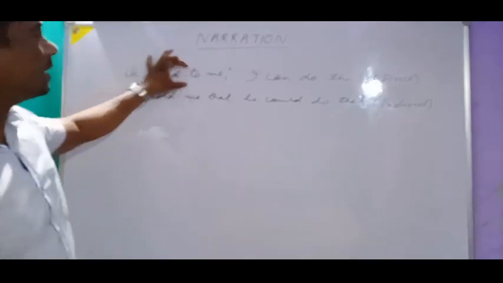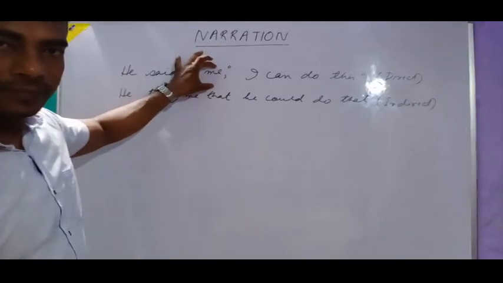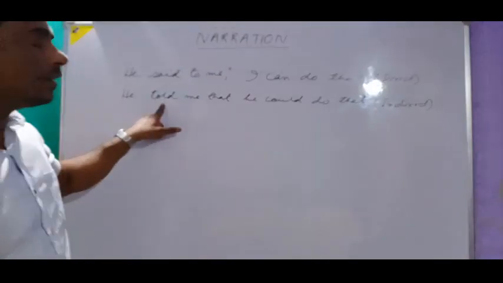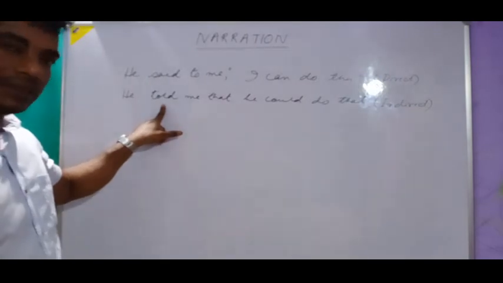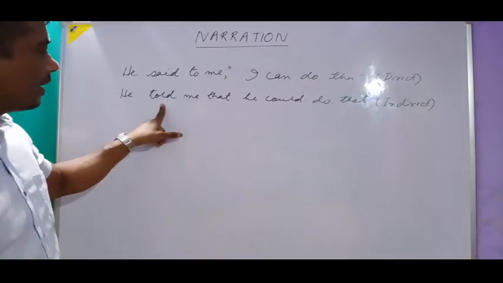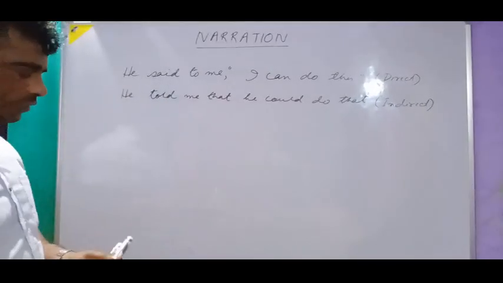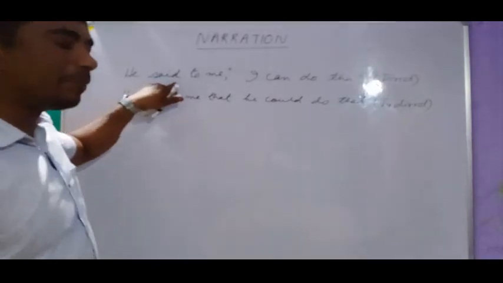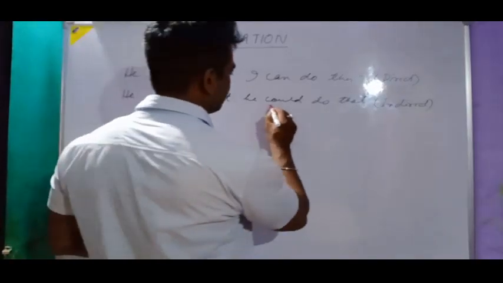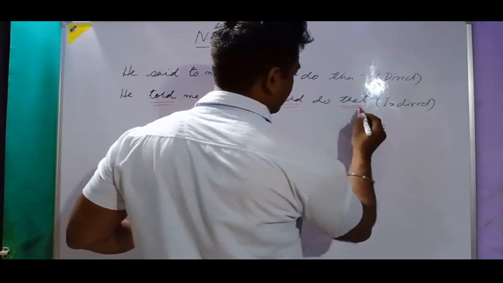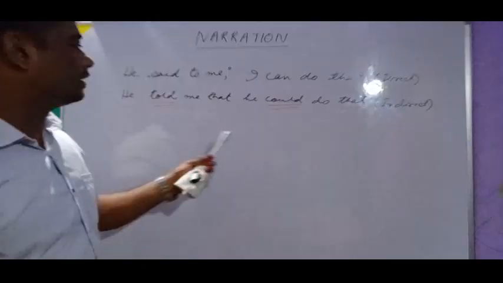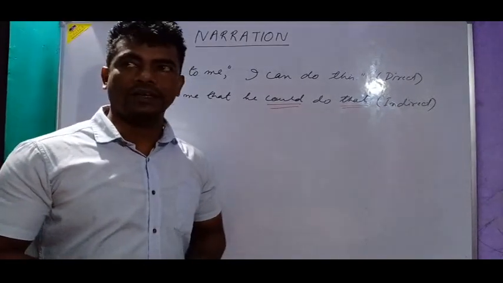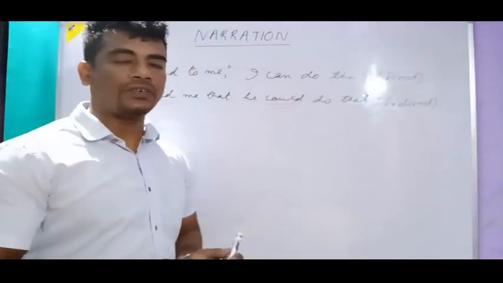When the agent is present to whom it is spoken, then write told or tells or will tell or like that. But when the agent is not different, just write said. So these changes have taken place here. And here also it is given in the past tense. This has become could as it changes, or this has become that.